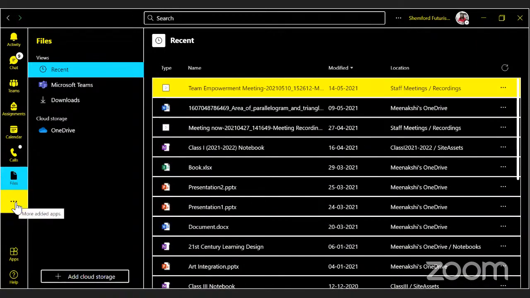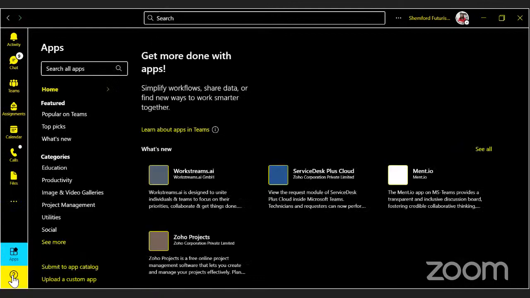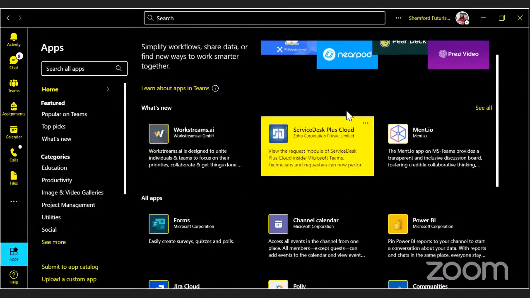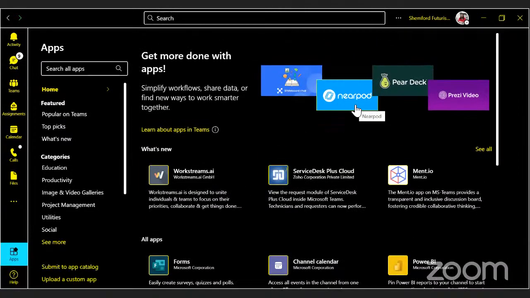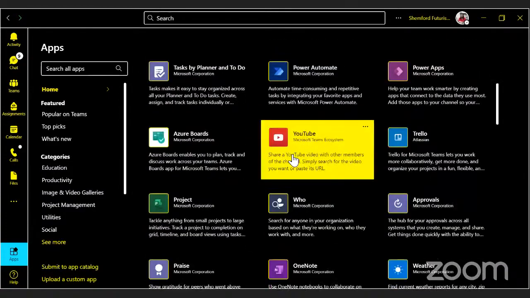So now, what other apps can you add? See, I have already added Poly. As we create polls, polls everywhere, Survey Monkey, maybe Mentimeter. So here in Microsoft Teams, we use Poly. This is freely available as an add-on, right? So these are other options that you can add over here. So many apps are available: Peardeck, Nearpod, Prezi, Whiteboard.chat, so many other things that you can collaborate with. So many options are available, right?